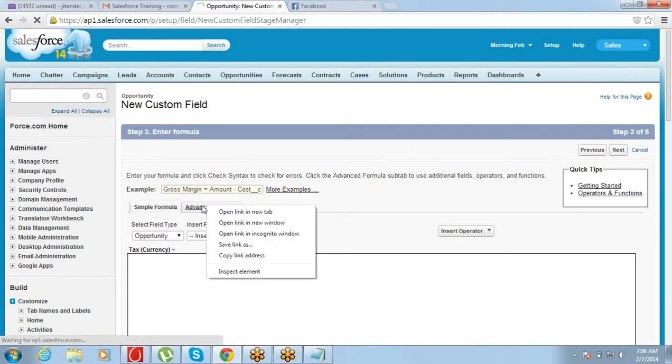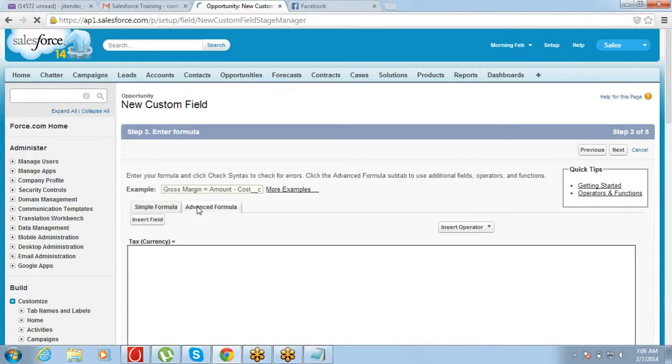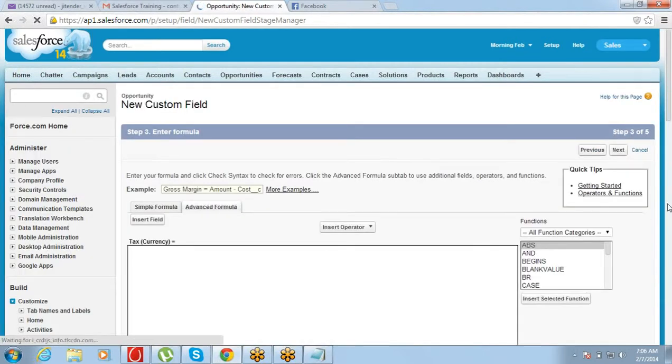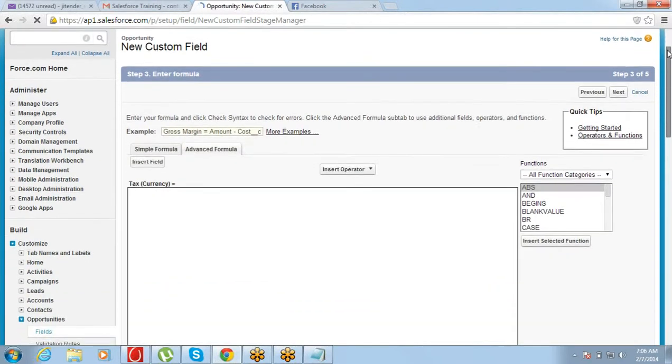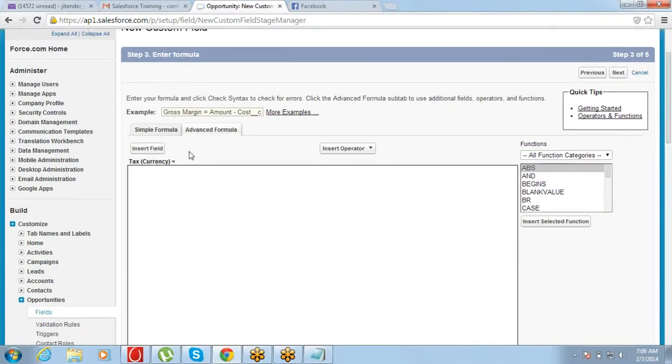Go to advanced formula. So if you come here to advanced formula, what you will see is tax currency equals to, and the formula needs to be written here.